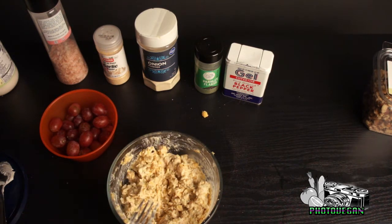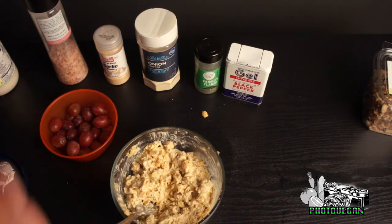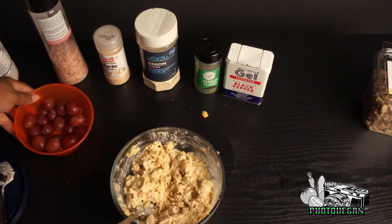And to me it tastes perfect. I don't really need to add anything, but depending on what you want to do, you can add a little bit more seasoning, a little bit more pepper, whatever's to your liking. Then what you want to do, you want to take some grapes,